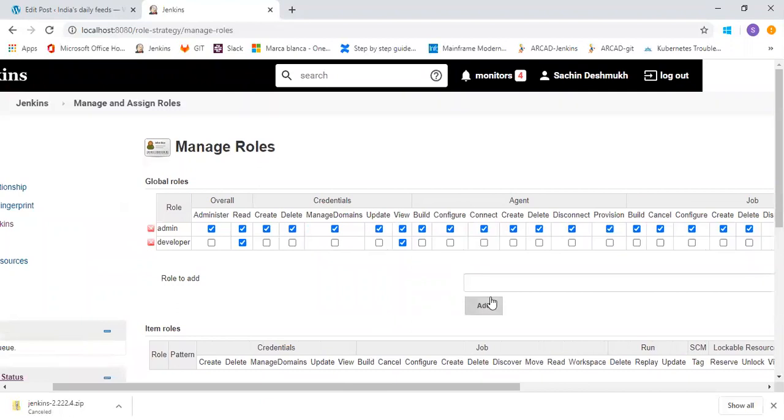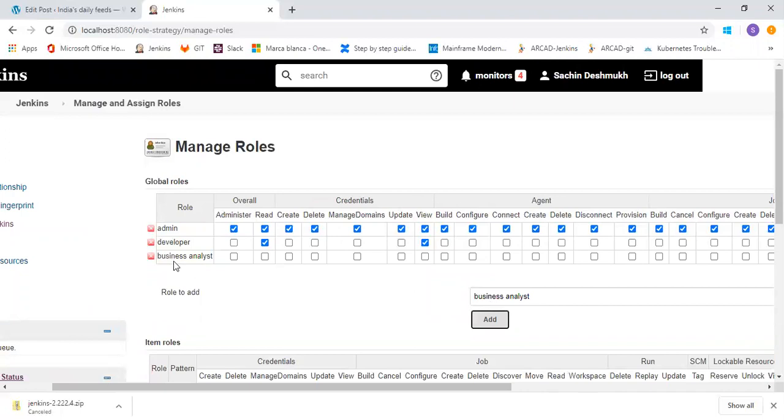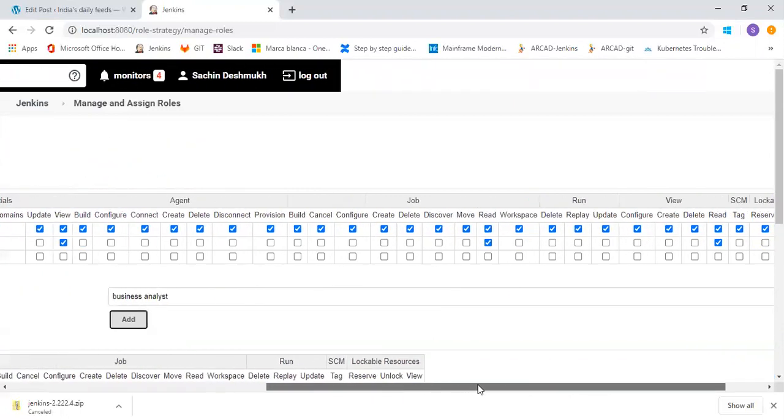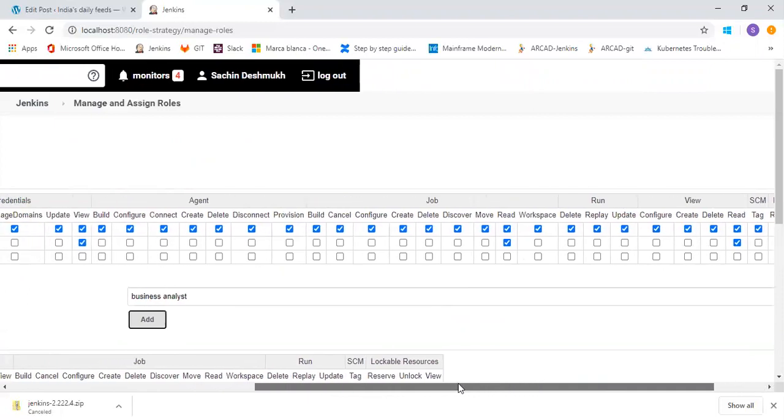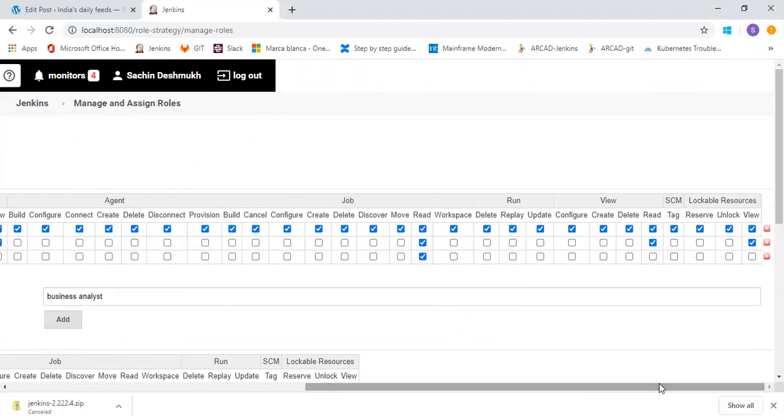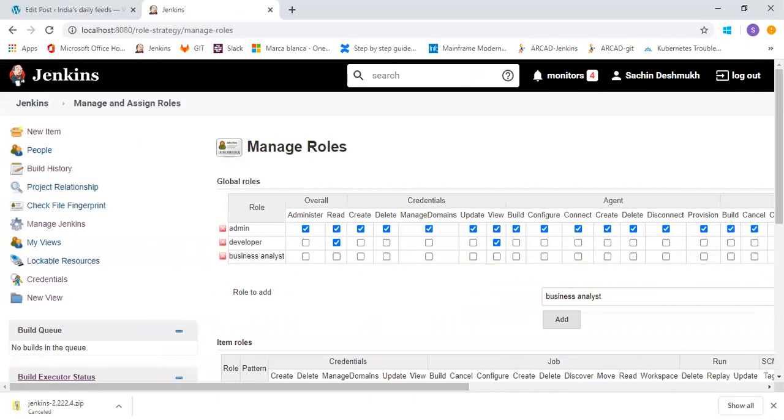If you want to add another role, just like business analyst, I'm adding this role. So you can see business analyst is added. A business analyst will not have much knowledge of Jenkins, but if you want them to just read the jobs, or you can say if you have a view permission, a read permission, then I will give only those permissions which are suitable for the business analyst.